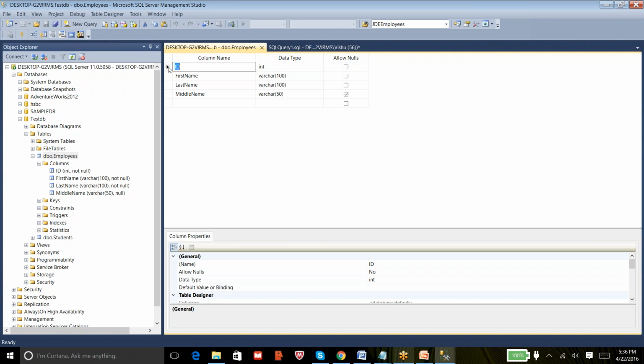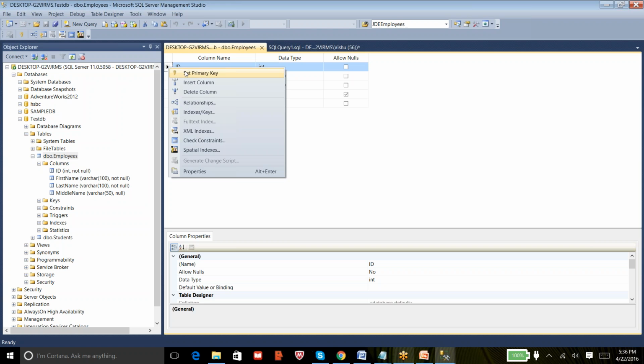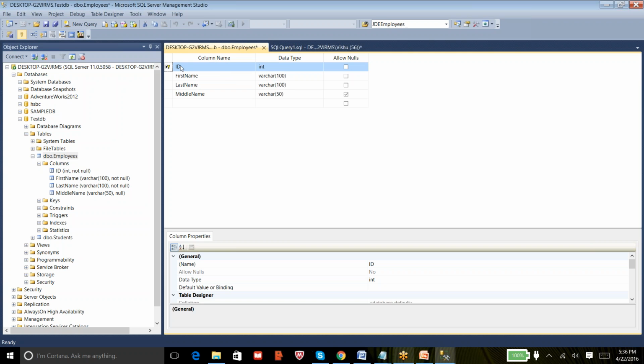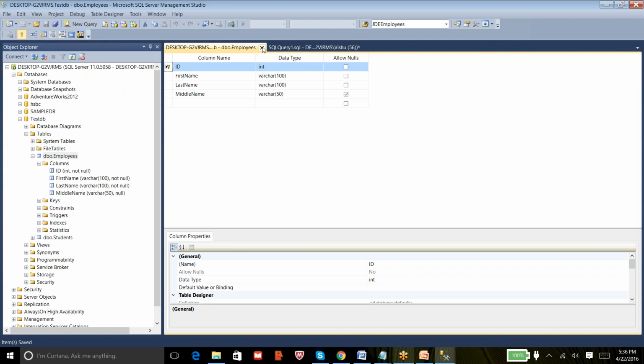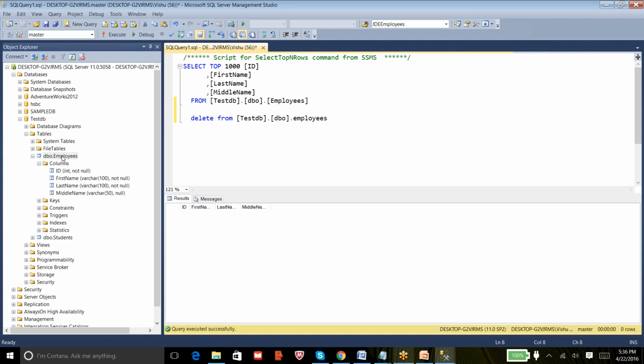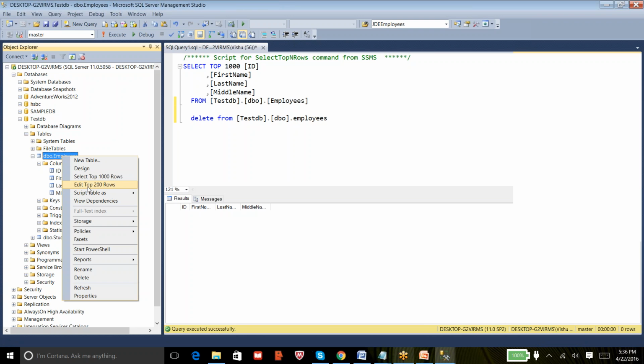So at this place do a right click and select set primary key. So now this ID column is set as primary key, so you can save it and close it. And now let me try to insert the data in this table.